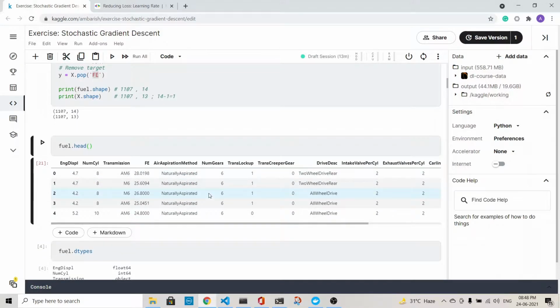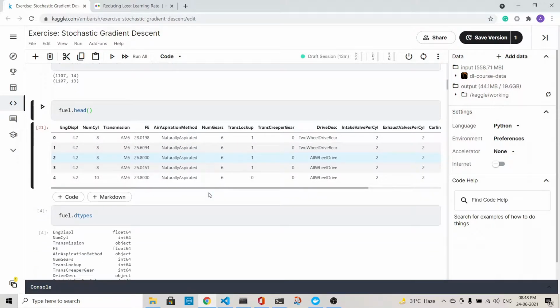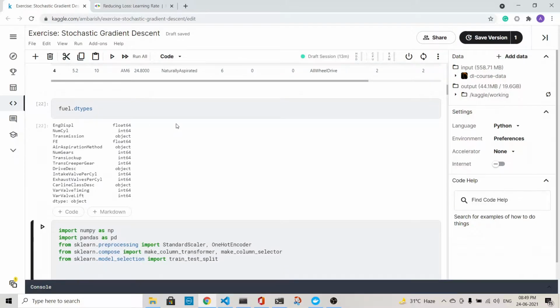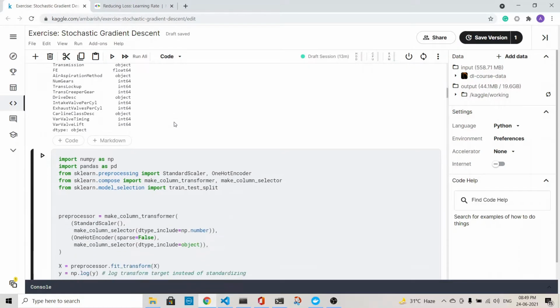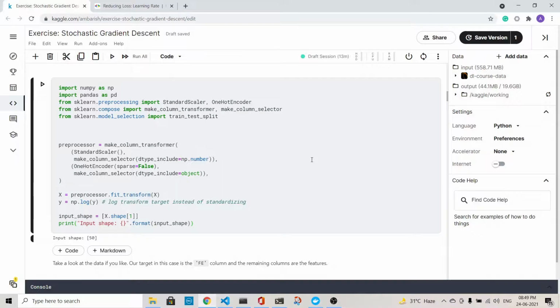So before you pass on to the neural network, we need to do something. So these are the data types. So you see float, int, and the object. So before you pass on to the neural network, we are doing some pre-processing. What the pre-processing is that we are doing a scaling for the numeric columns.